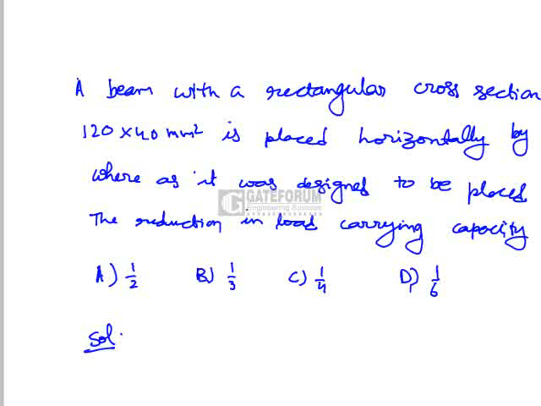Here the load carrying capacity of the beam is nothing but the strength of the beam. Strength of the beam, or load carrying capacity, is proportional to the section modulus, which is generally denoted by Z. So let us take the first case, where it was placed vertically. If it is placed vertically, ZV is given by